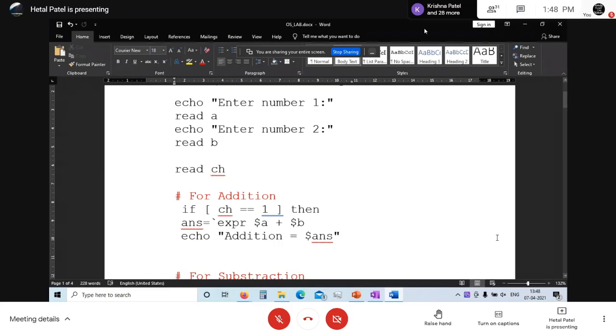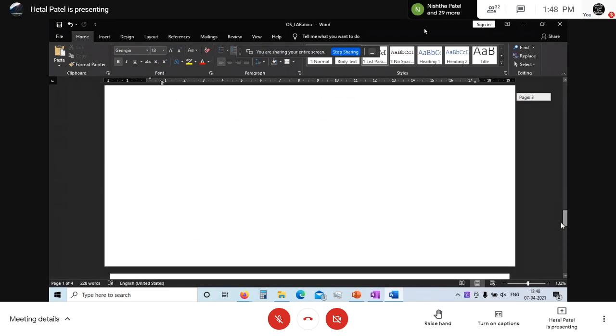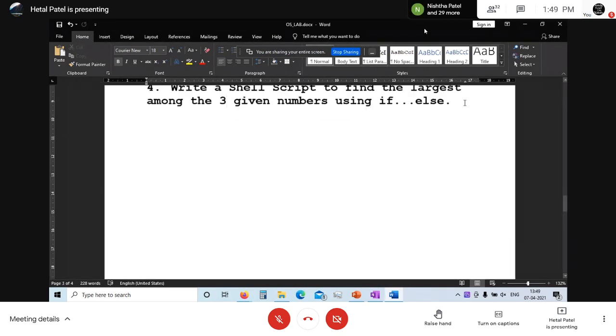Write down the shell script using the gedit command. We are opening one editor. Inside the editor, we are writing the script and saving that script as a .sh file, right? After writing the whole script, we are running the script with the help of the sh command, right? So the sh command is for running the shell script.